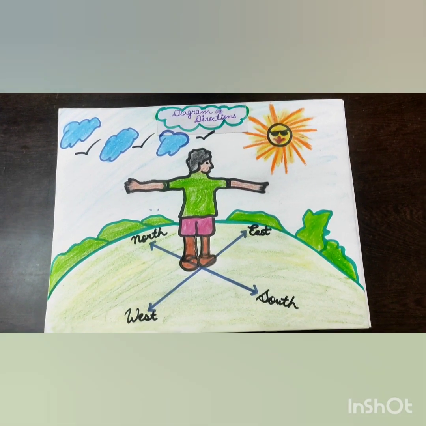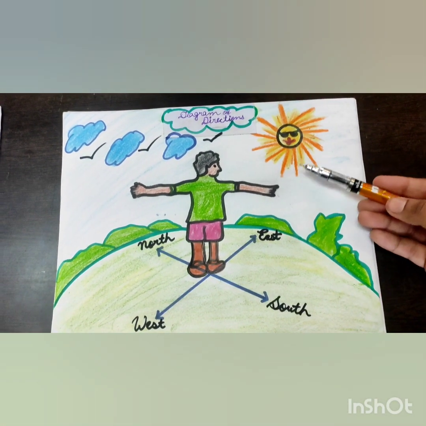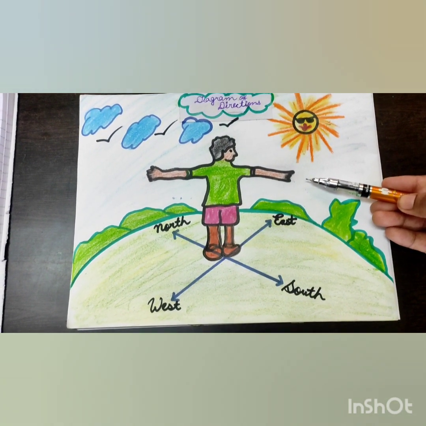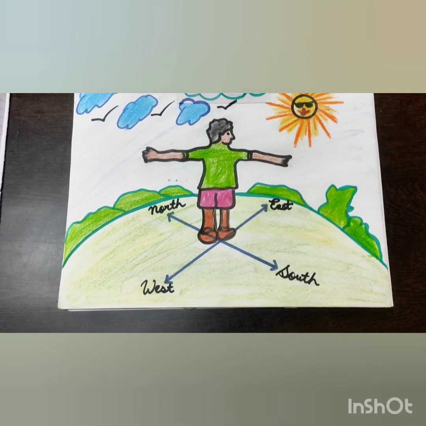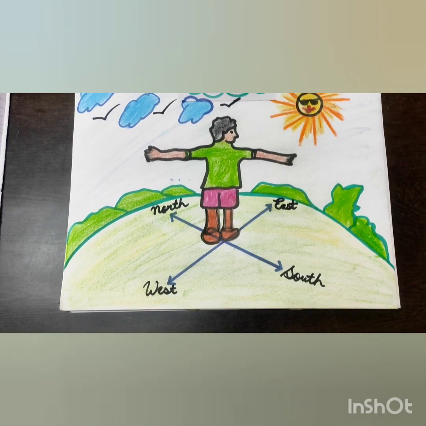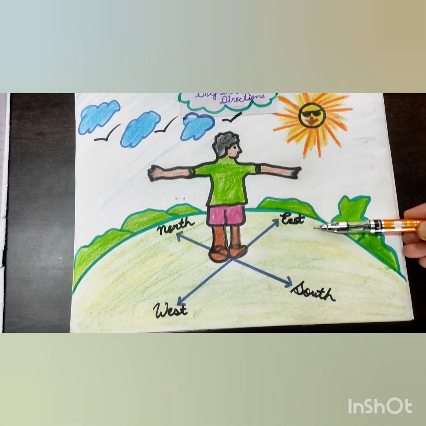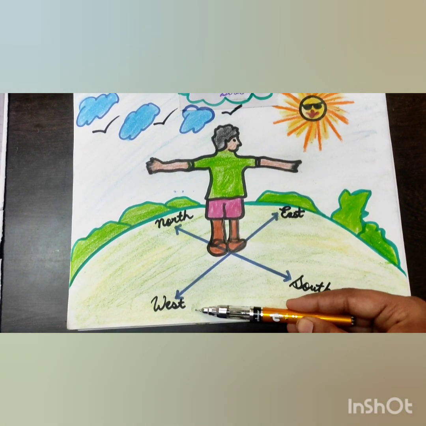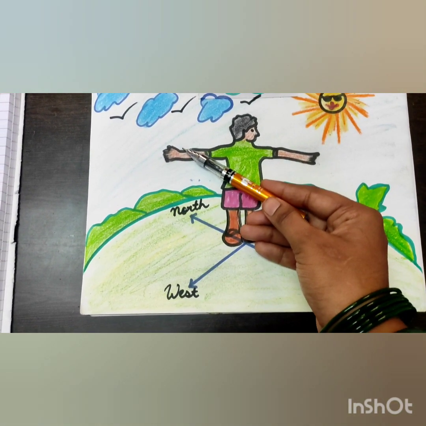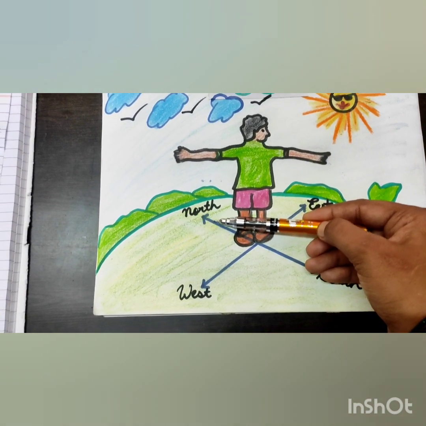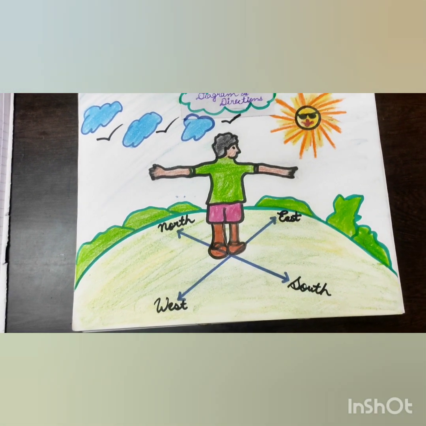Okay dear students, now look at this diagram. The boy is standing facing the sun in the morning. Now you can stretch your arms as shown in the picture. On your front is the east direction. Your face is in front of the sun, so your front is east. Your back is your west direction. And to your left, this is your left hand, so to your left is north direction, and to your right is south direction. Okay, now let's do this practical in the playground.